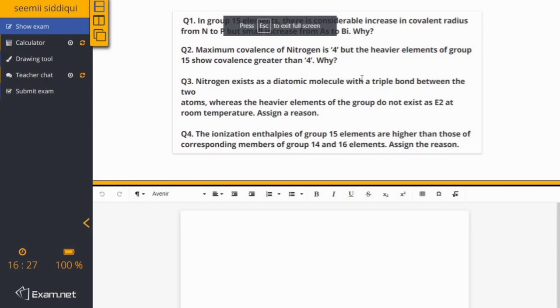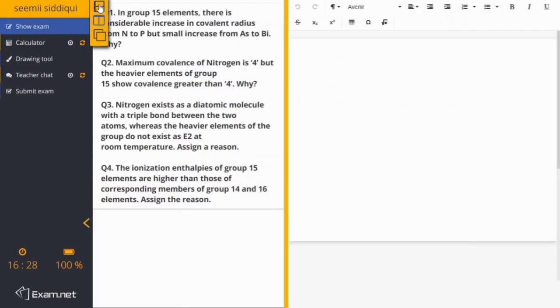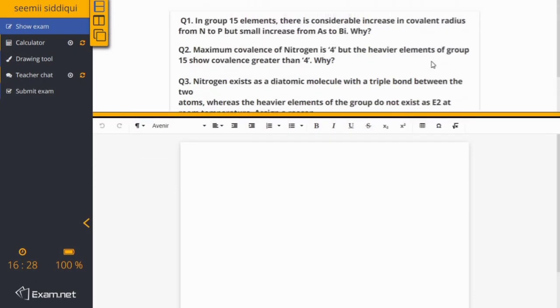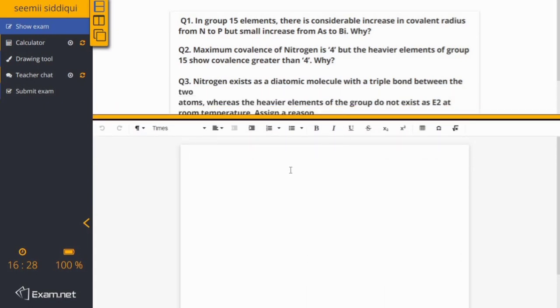Now your screen for the exam will be divided into two screens, in any of the types, like this I am showing, so that it will be easy for you to write down the answers by looking at the question. At the same time, you can increase or decrease the screen of your question or the answer sheet. Now say suppose your question number 1. To write the answer, you just need to write answer 1 and write down its answer, whatever you know about the question.